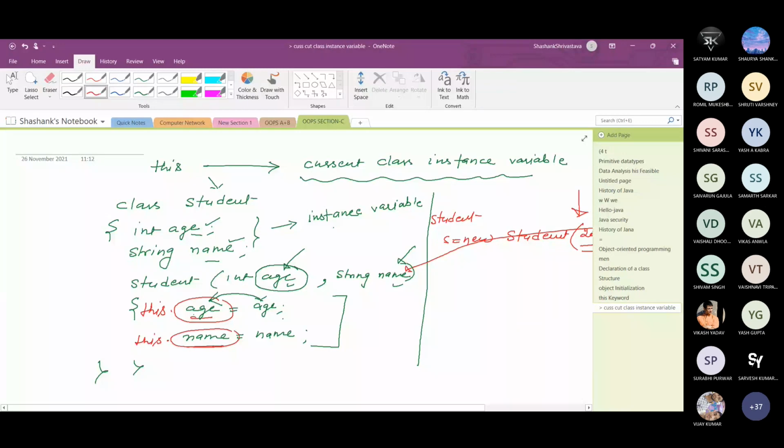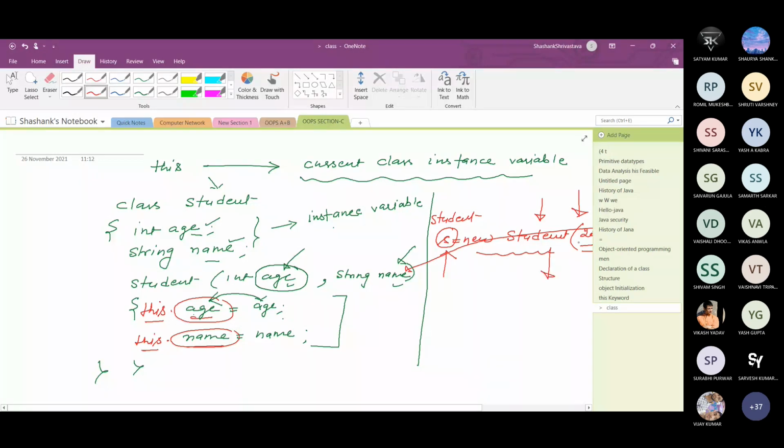This dot age and this dot name means when you create any object of a student class, when I create object of a student class that is referred by s, this reference variable s is copied into this, so here s dot age or this dot age. So this means the current object, the object which is created by this particular constructor.